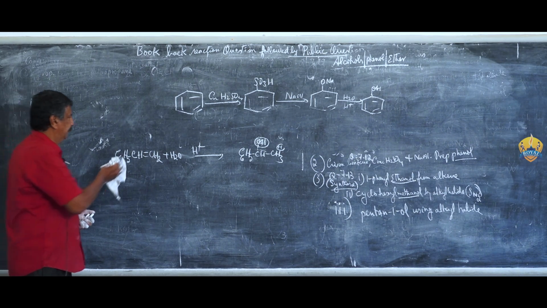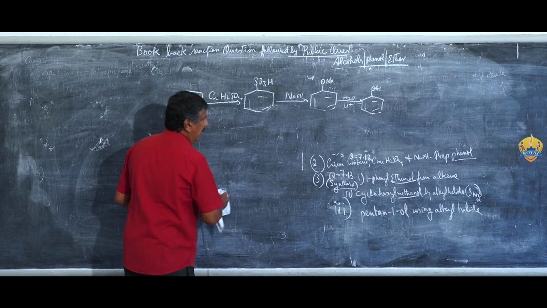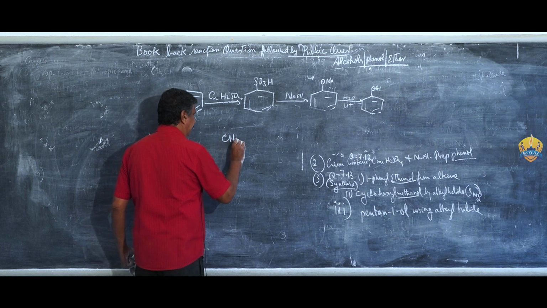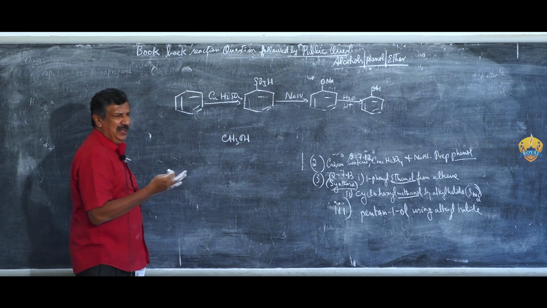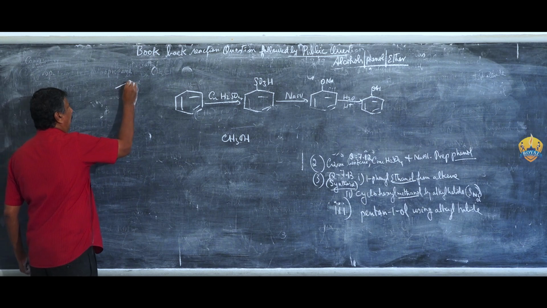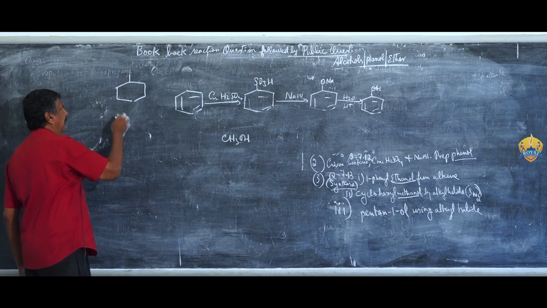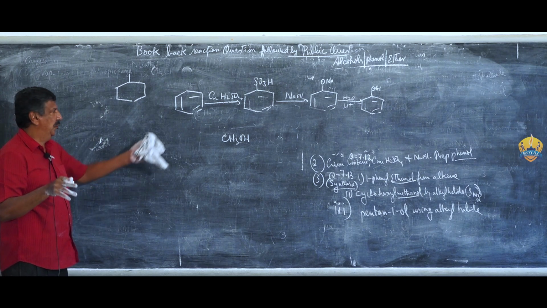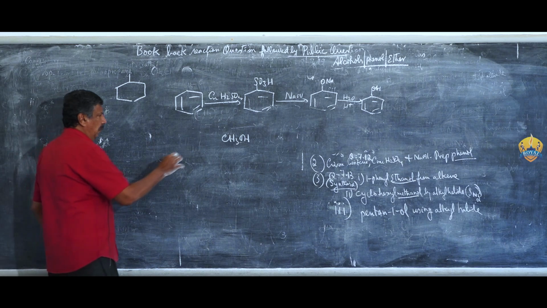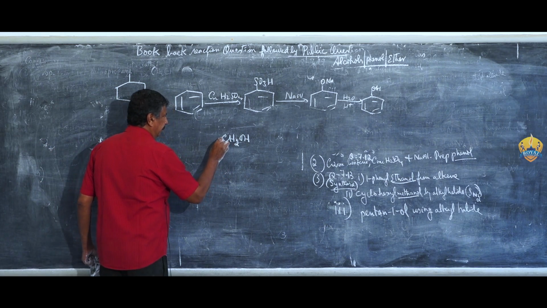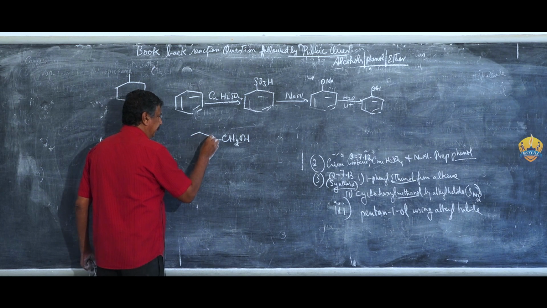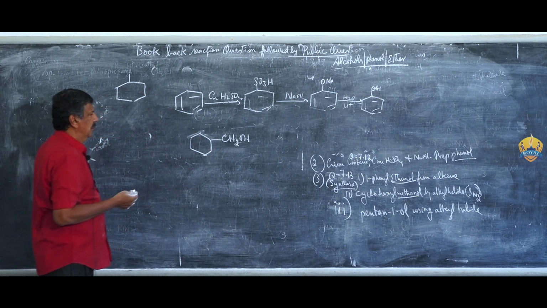Second one, cyclohexyl methanol. You see, cyclohexyl methanol. First you write methanol. What is cyclohexyl? This group is called cyclohexyl. That's all. This is not benzene. Benzene means you should add double bond. So you remove one H and write the ring. That's all. This is